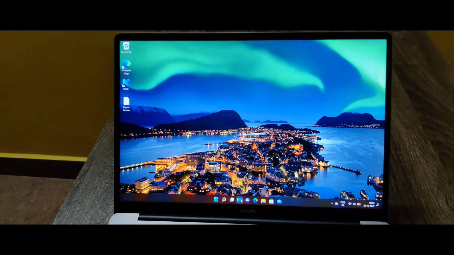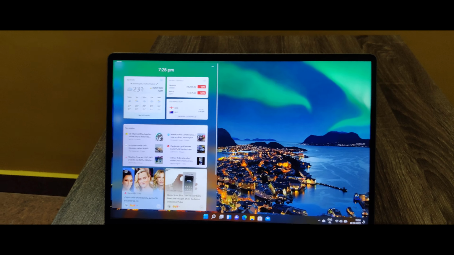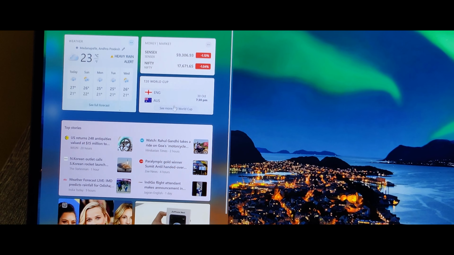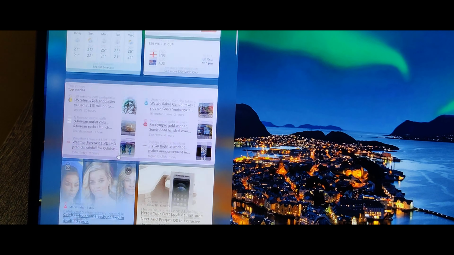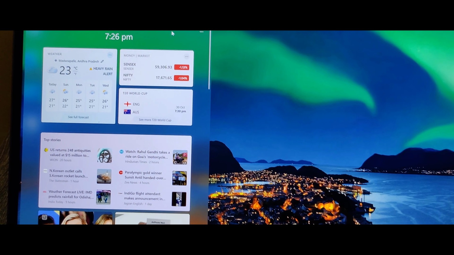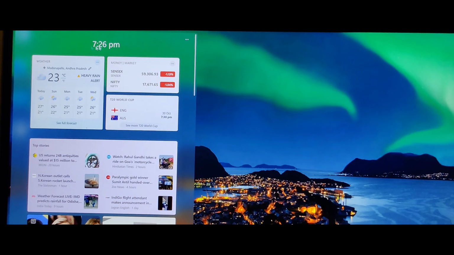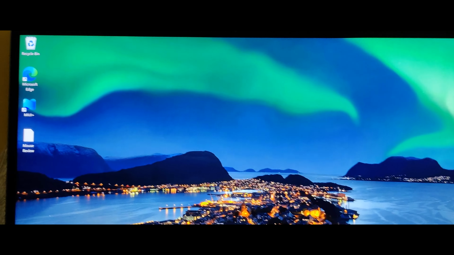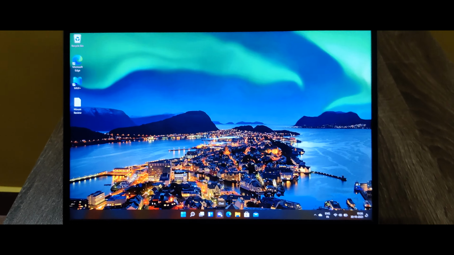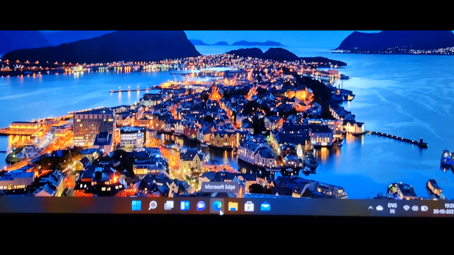And this is the new widgets panel which comes with Windows 11. As you can see, we have weather followed by market details and sports and a bit of stories. We can customize this a lot. As this is the first boot of Windows 11, we are not seeing the search bar at the top. Post 2 to 3 days of usage, we will see all personalized information for this widget. And we can see Teams pre-installed, which is a new version of Microsoft Teams, and Microsoft Edge is the default browser.